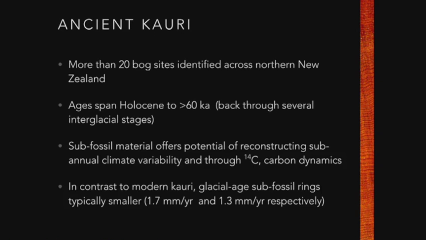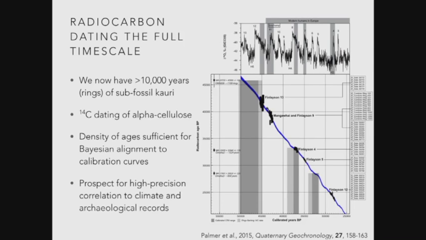And what we can do from that is this is kauri tree rings. What you can do is you can use the thickness of the tree rings, just as Leonardo or Babbage suggested, as a handle on climate, but also because you can actually measure the amount of radiocarbon preserved in the same rings, you can actually get a handle not just on what the radiocarbon calibration curve is potentially doing, but also what's happening to carbon dynamics. And typically, rings are on average about 1 to 1.7 millimeters, just over 1 millimeter in thickness. So they're not large, as you'll see when you have a look at the wood.